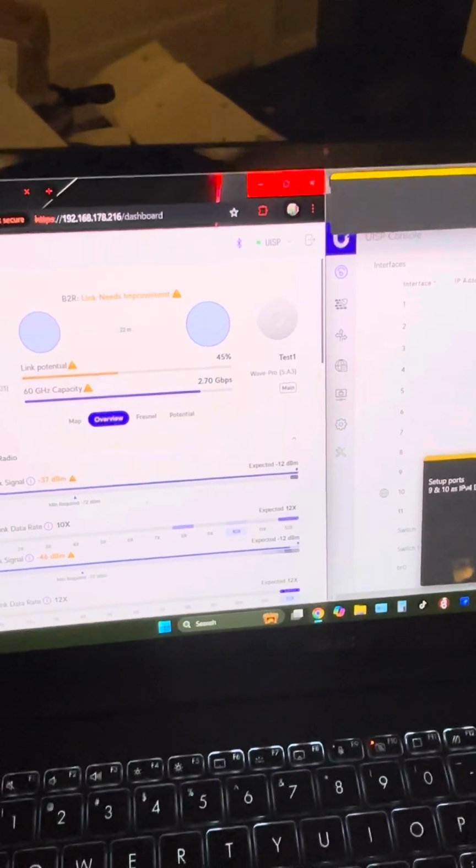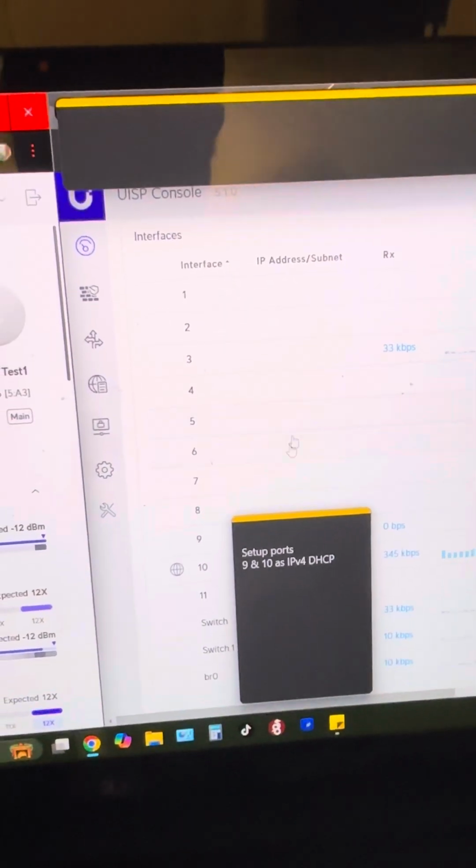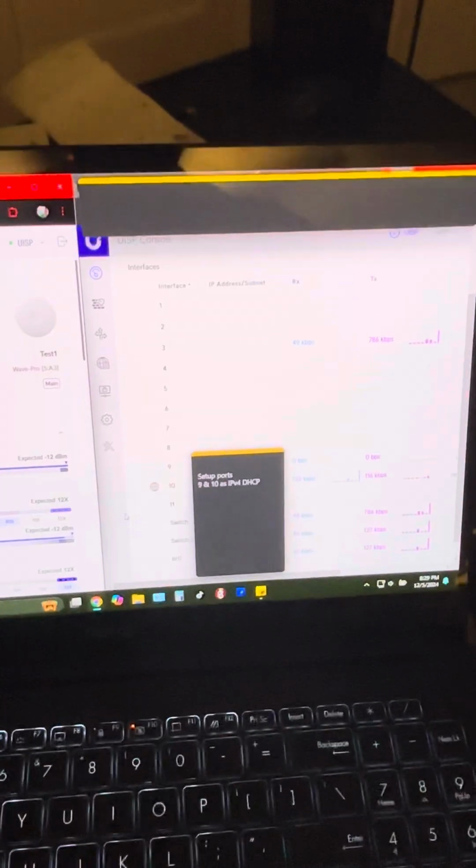So I have my console over here. It's on 5.1.0, and it just defaults to the SFP plus on port 10. I just had to enable that with the IPv4. I just did DHCP, and that's what it's currently using. And now with that carrier drop enabled on the link here,